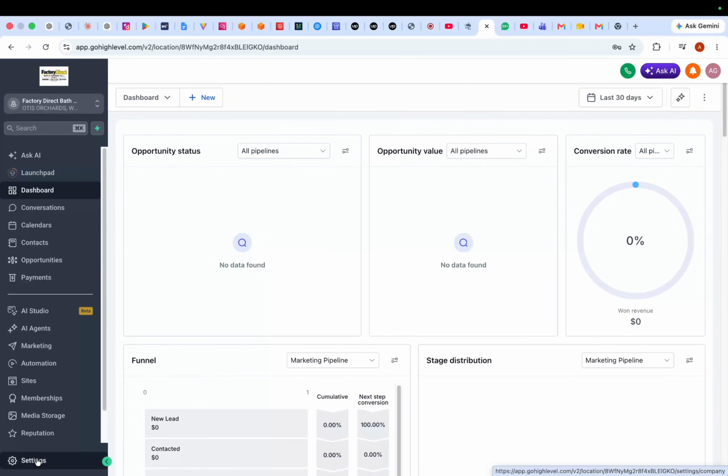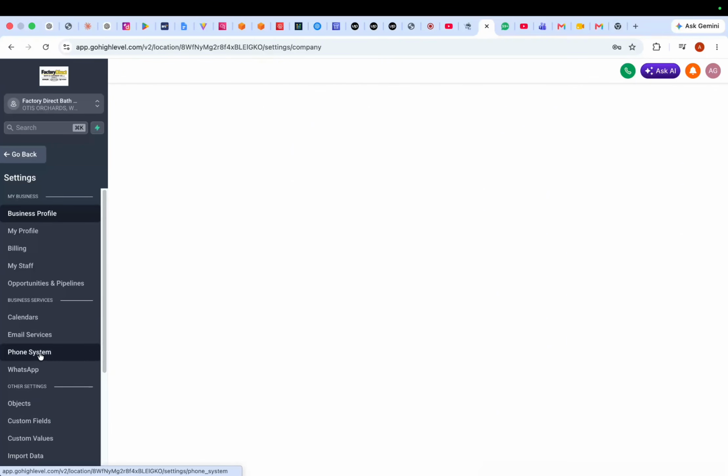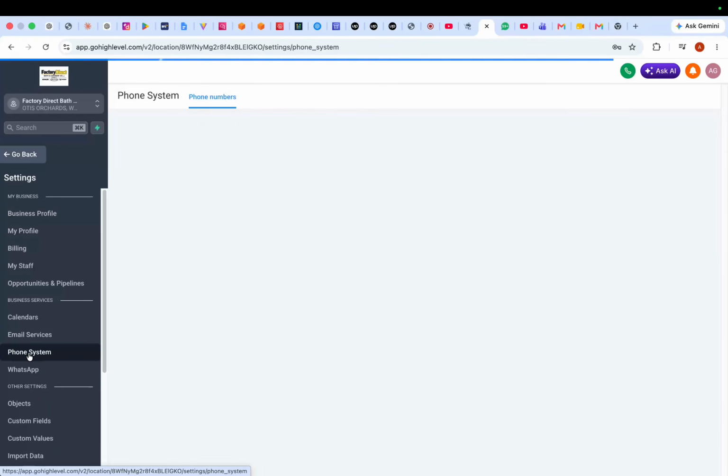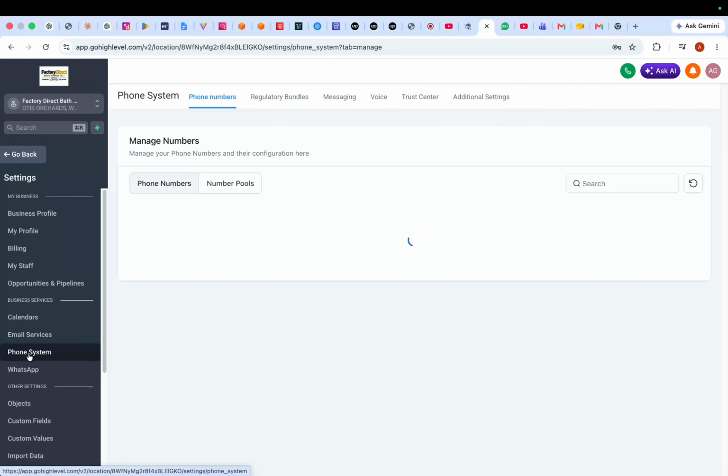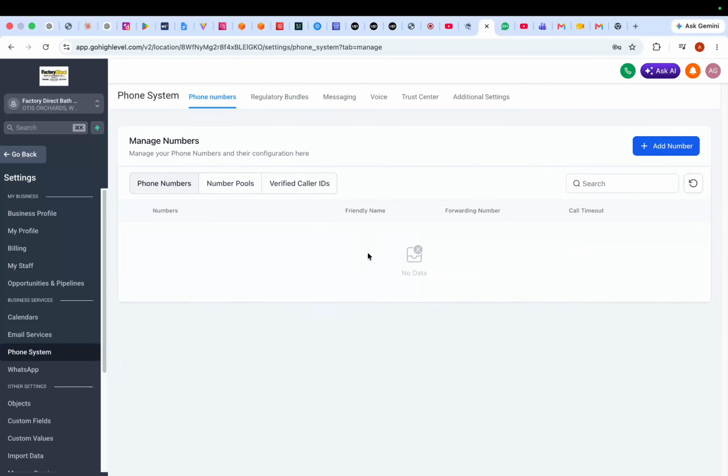From here, you will click on Settings, and here you will find an option called Phone Systems, and you will click on that. Once this loads, if you don't already have any number, you will see this list empty. Otherwise, you will see a list of existing numbers. To buy a number, you will go here, add number, add phone number,